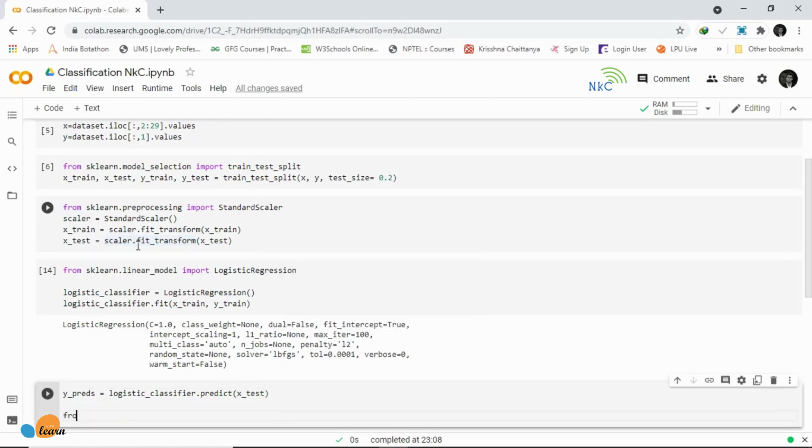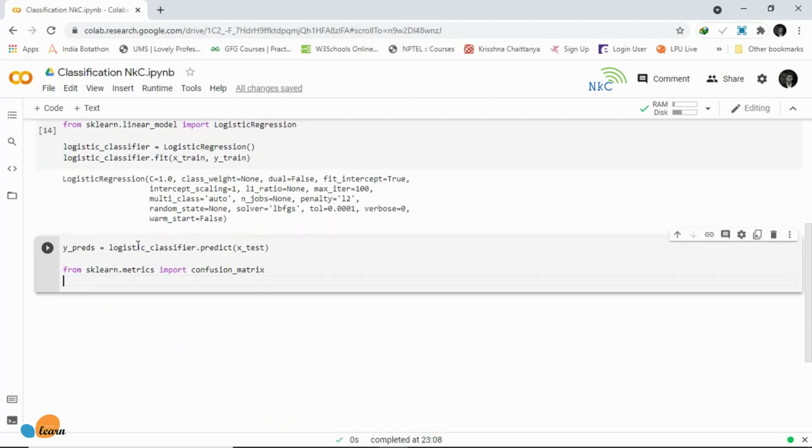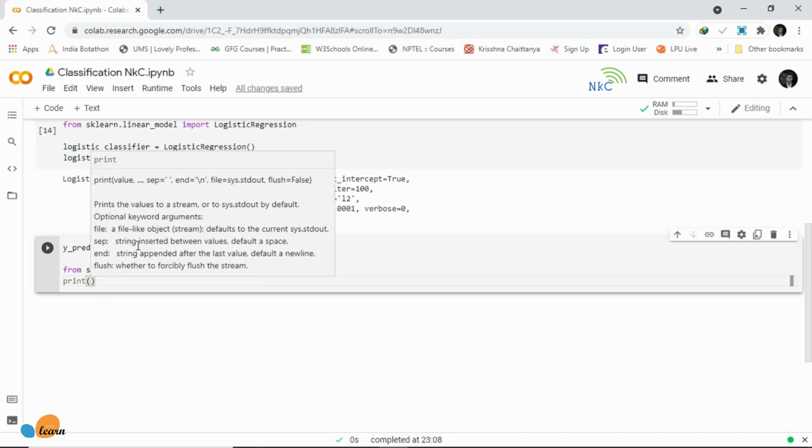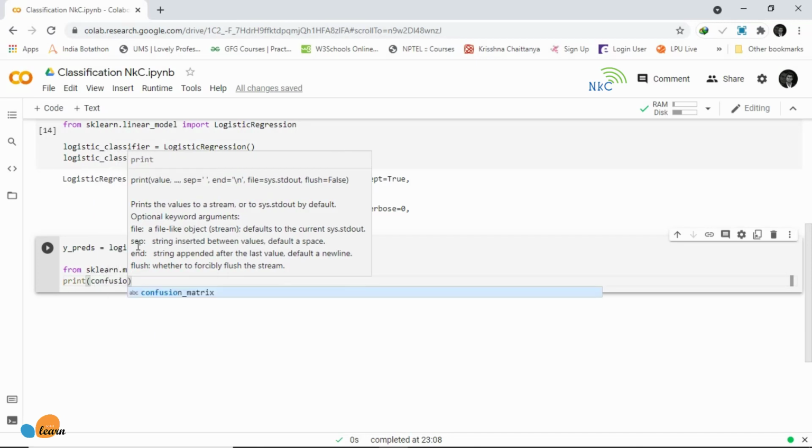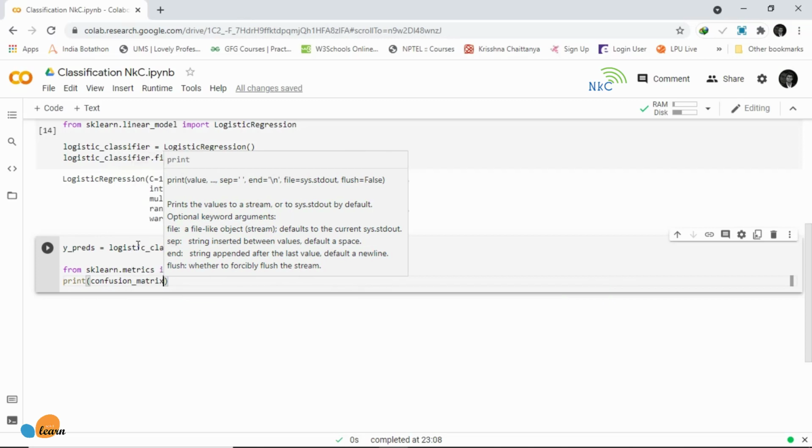sklearn.metrics import confusion_matrix, and the confusion matrix is hugely important because it is not just going to show us how accurate our model is, but it's going to show the misclassifications and what kind of misclassification our model is actually performing. So just to show you what I mean, we are going to print out a confusion matrix. The confusion matrix parameters are going to be y_test and of course y_pred.